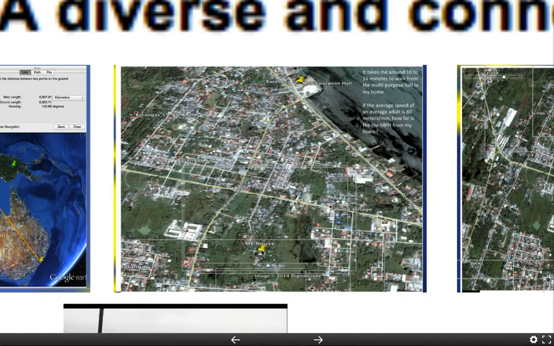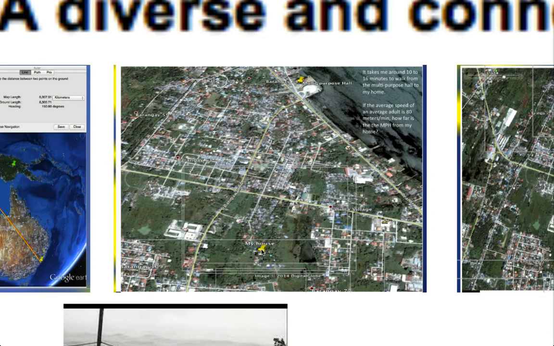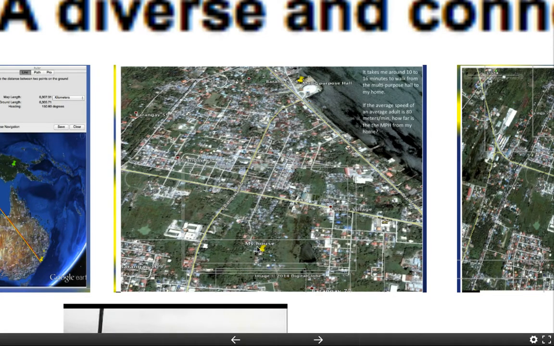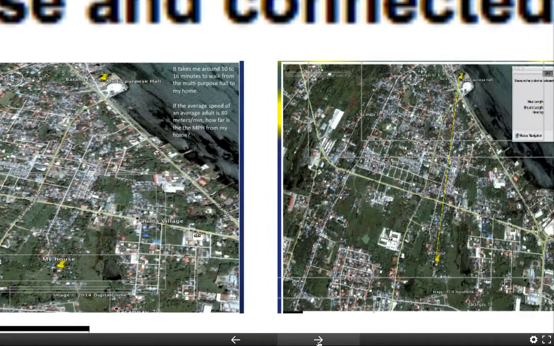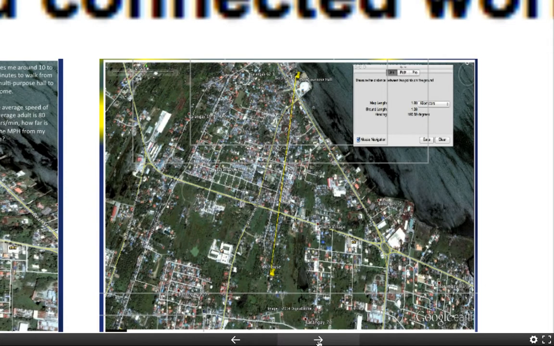So I'll tell them you can use whatever device, whatever approach you may in order to find out the answers. Some of them might do this manually, or some of them might use their computers or their iPads and use Google Map and trace a line from my house all the way to the multipurpose hall, and it will tell us what the distance is. This time around, they do it.